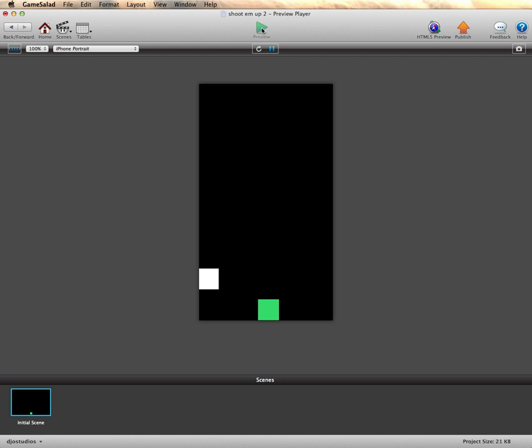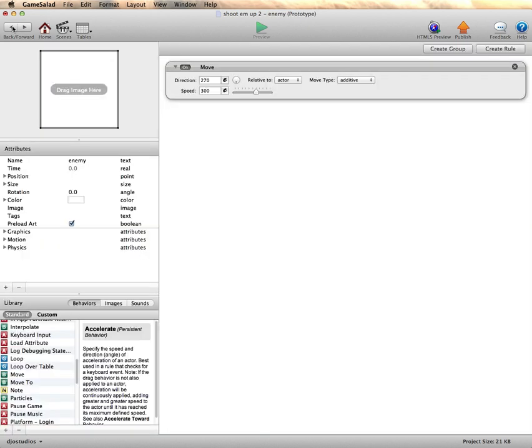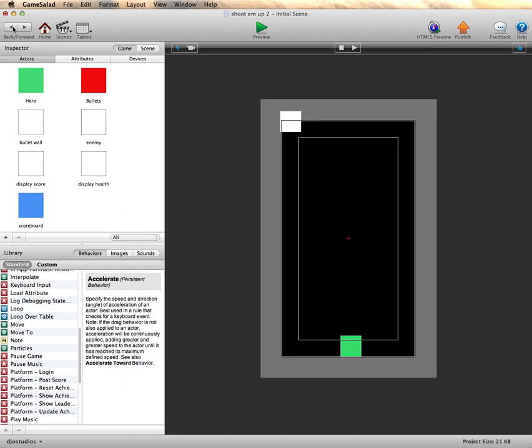Let's just give that a try and see. Preview. Okay, so that would be an enemy. Now you see how it dropped and then it disappeared, and that was the end of it. I want it to be persistent, so that when it leaves the bottom, it comes back up and reintroduces itself until it gets destroyed. So we use the wrap feature. So let's go back here,